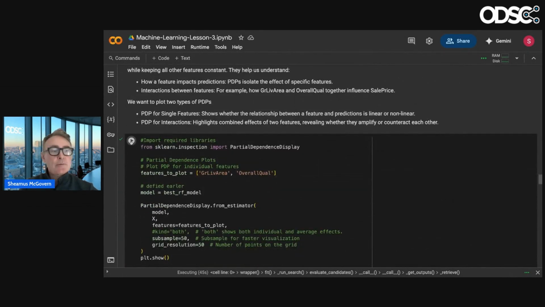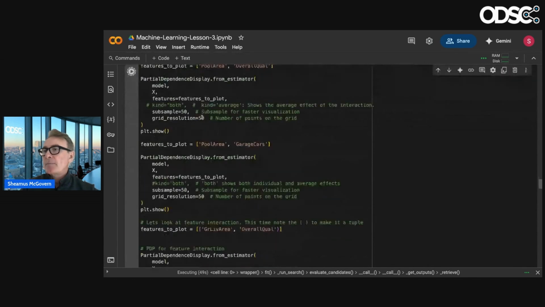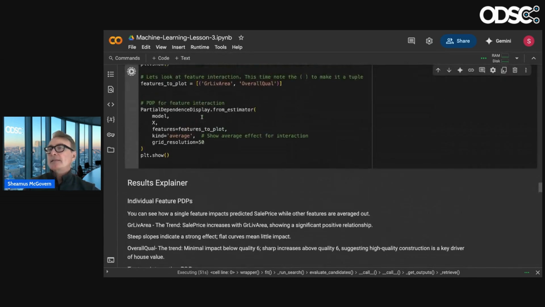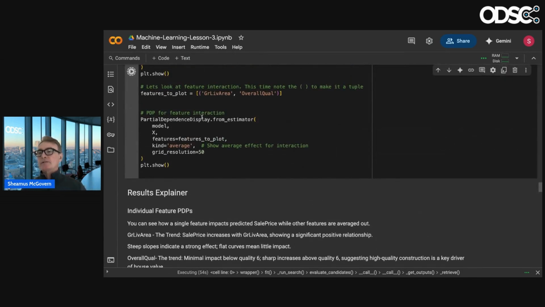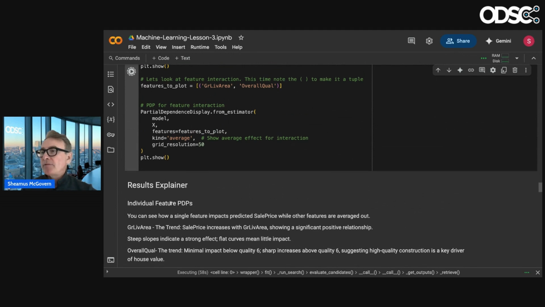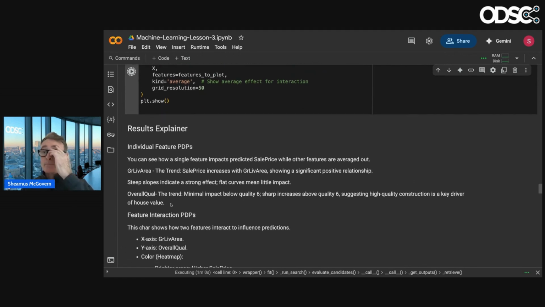I talk about interpretability here a little bit, but I'm not going to go into it in too much detail. It's kind of a fun topic. Basically, I'm plotting out various features. One of the ones that's fairly popular, even though I don't use them a lot, is PDPs. It shows the feature interaction between two features to influence prediction.